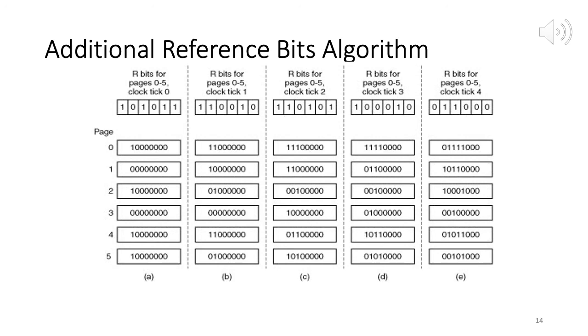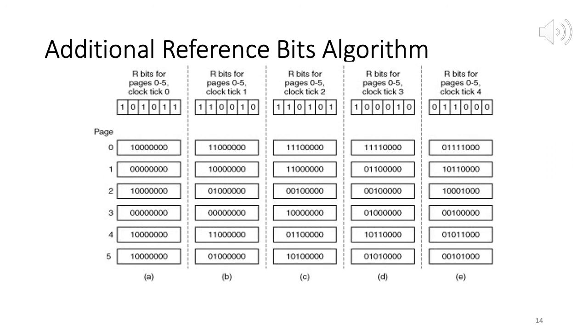Of course, more bits will give us more history, which is better, but it has a higher cost and a higher overhead, because now we have to maintain a larger number of bits. So in this case, even though we use 8, we'll soon see that even with only 1 bit, we can still do a good job in picking reasonable pages for eviction. After 4 ticks, these are the values we have, and whichever one has the smallest value, we can pick that and evict it.